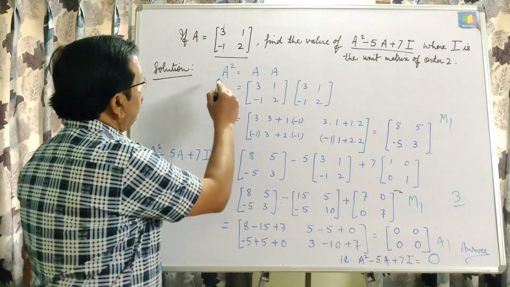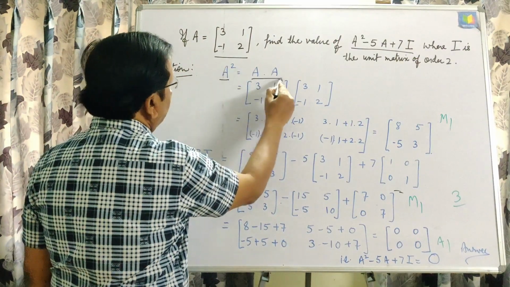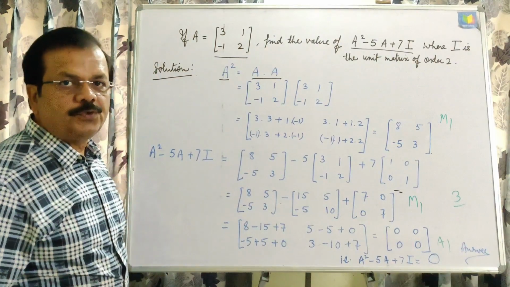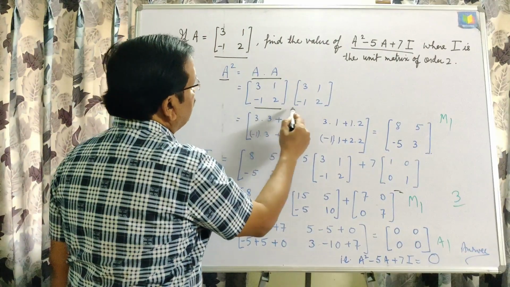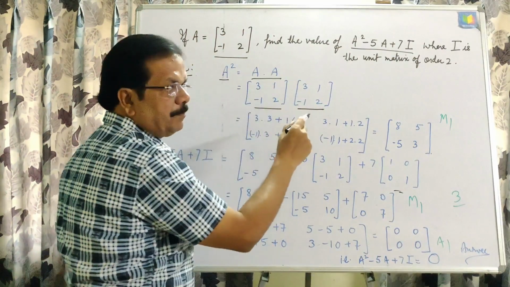And now next, A square, multiply this to this. Before multiplication, we should see whether the order is same or not. This is an equal matrix and then the order is same. After multiplication,